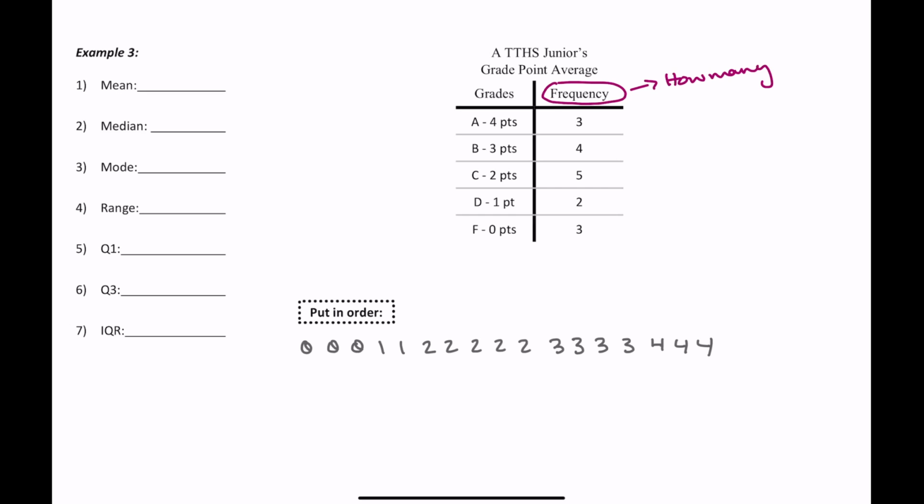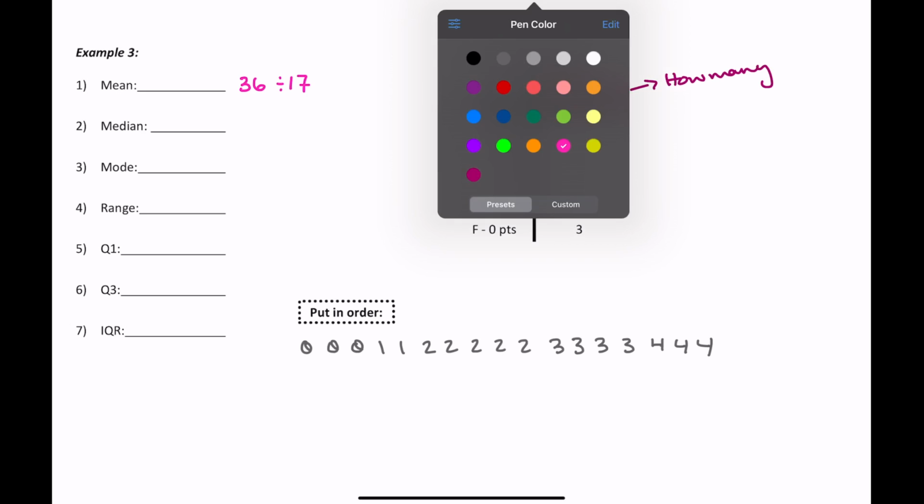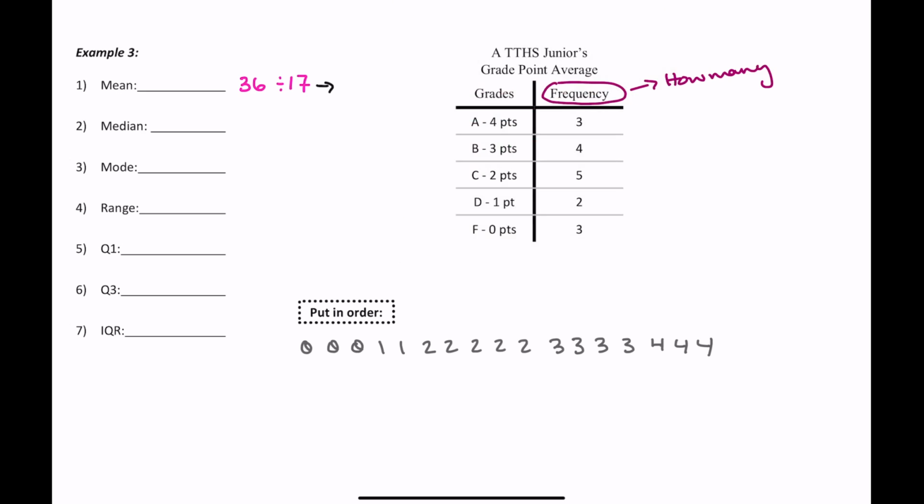What? Ms. Rawolf, this is how you calculate your grade point average. Okay? I see you. All right. So let's add this up. When we do, and check me, but I'm pretty sure this gives us a 36. And there are 17 numbers here, so I'm going to take 36 and divide it by 17. When I do that, I get